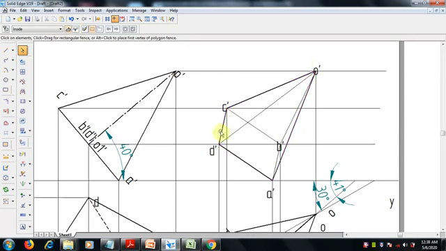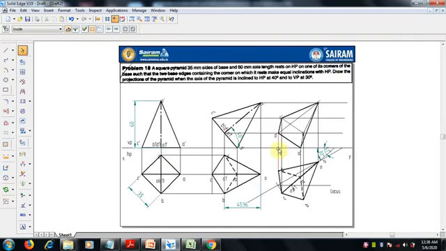So all boundary which is outermost is done. So you can see the view now. When we are seeing from this, the front view is appearing like this. So this base is the visible base, and we have to make it dark lines.